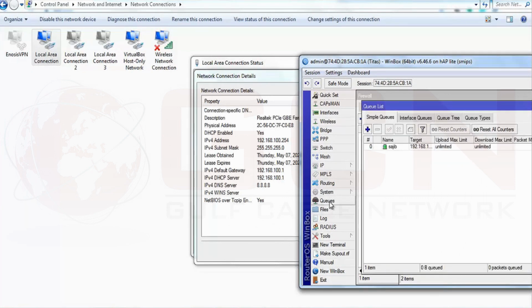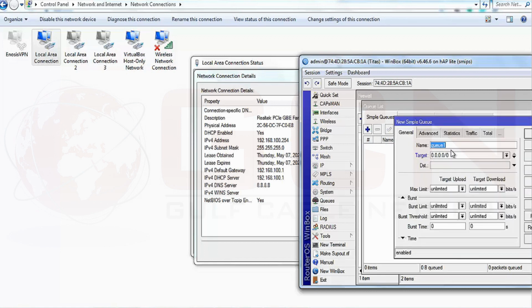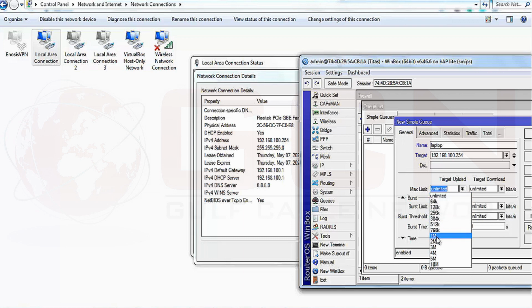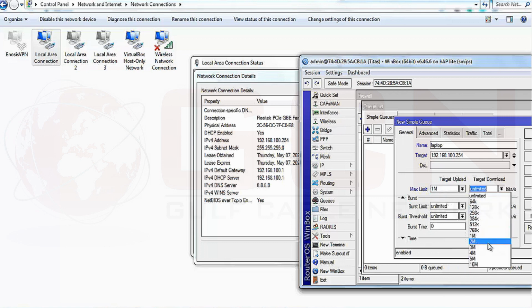So just go to the queue, then click the plus, then you can give the client name. I am going to name it laptop, and the IP address is 192.168.100.254. We will give it 1 MB. So here you can set the limit to 1 MB upload and 1 MB download,